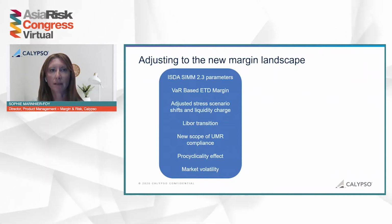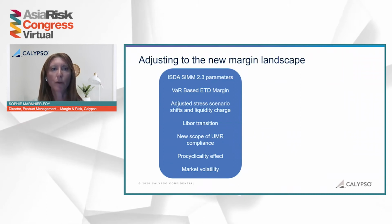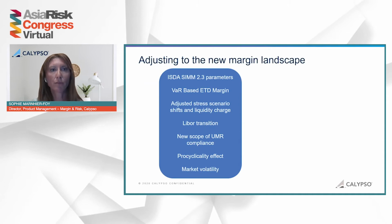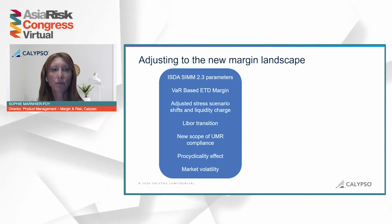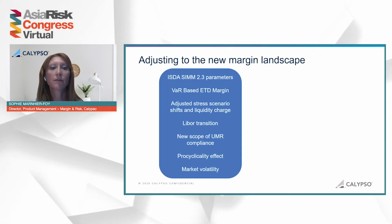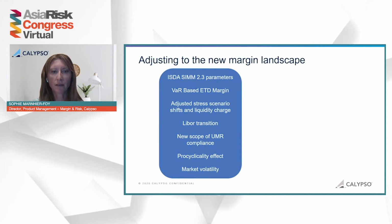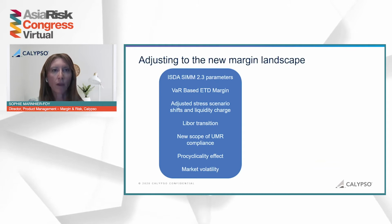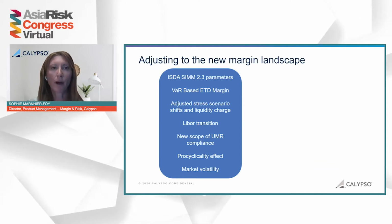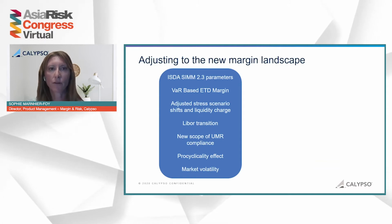So for example, ISDA SIMM and the margin to be applied includes the UMR threshold, which will be stored in a collateral system, right? There is a LIBOR transition, which is affecting pricing and margin calculation. And there is market volatility, which is causing an impact on the application of the procyclicality effect. So what is the industry doing, and how can a full integration with a collateral